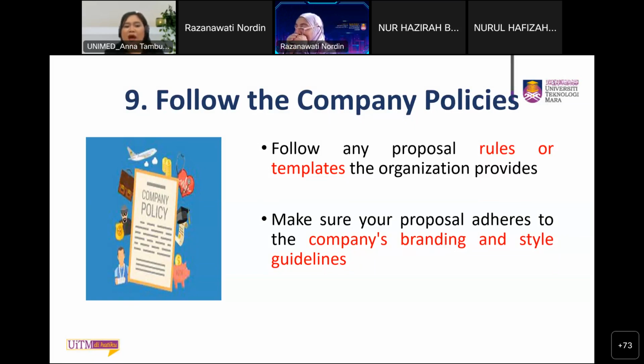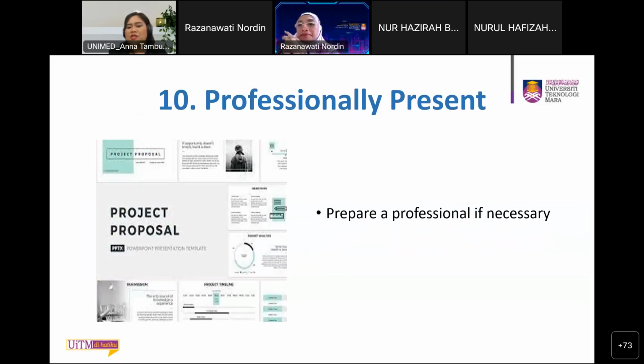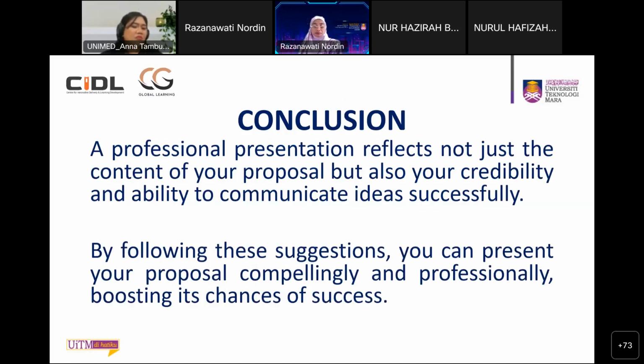You have to prepare a professional presentation if necessary. It means that if it is a professional one, of course, you have to prepare the proposal in a good way, with the prescribed format, structure, and then logic, and then coherent. Well, as a conclusion, a professional presentation after you have written your proposal,